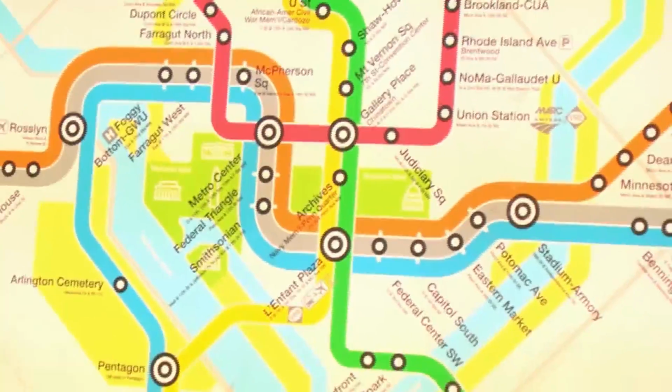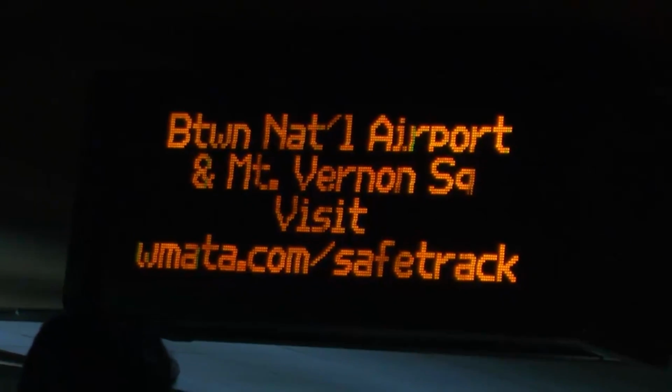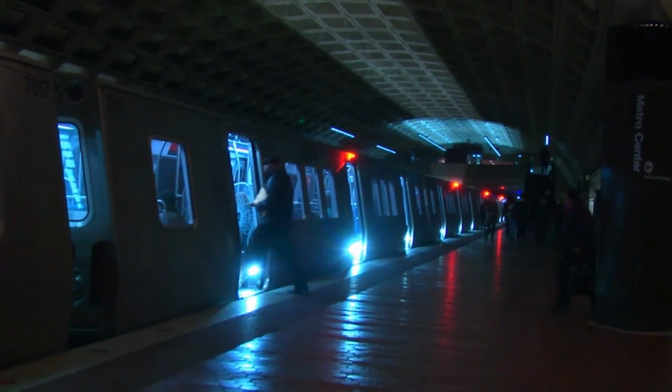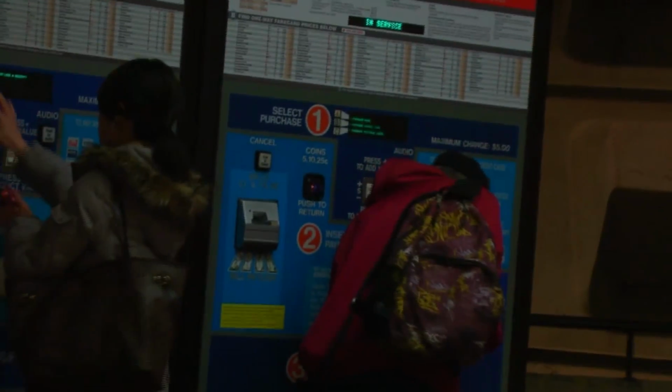These lines will run less frequently due to the 24/7 zone between Braddock Road and Huntington Van Dorn Street stations, where trains will share a single track and run every 24 minutes. Known as a plan to address safety recommendations and rehabilitate, it has affected many Metro users, making their daily commute